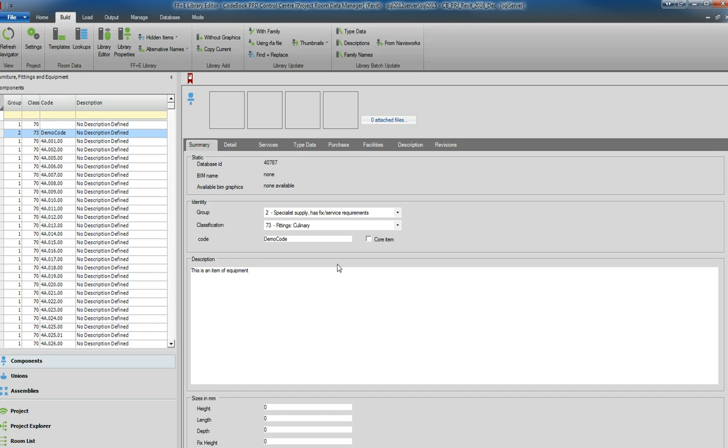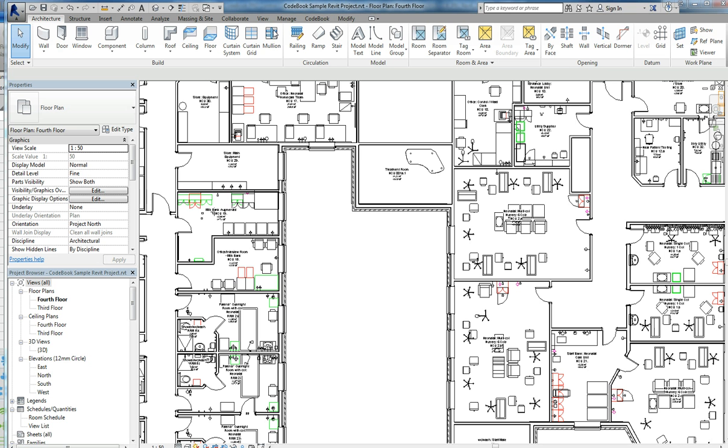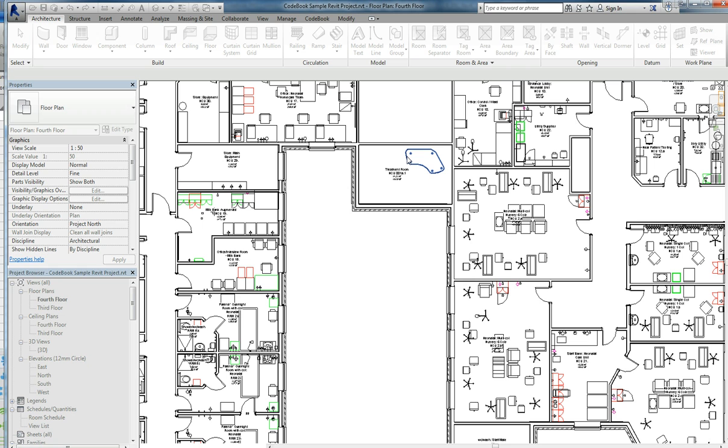Now at the moment this only exists as an item of equipment inside Codebook. It's not linked to a BIM graphic as of yet. To link it to a BIM graphic, we can choose the option to library update with family or using RFA file. So we can now associate this with a family in our current Revit project or using an RFA file, a Revit family somewhere on your network or on your PC. If we choose the option with family, Codebook will now ask us to associate this item of equipment with this Revit family. So we click on the Revit family,